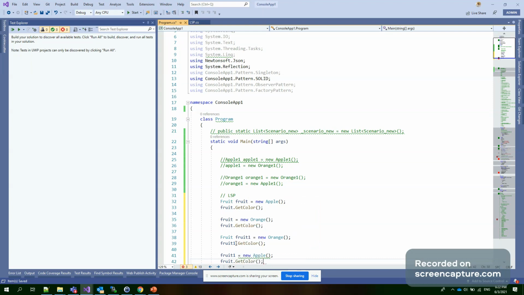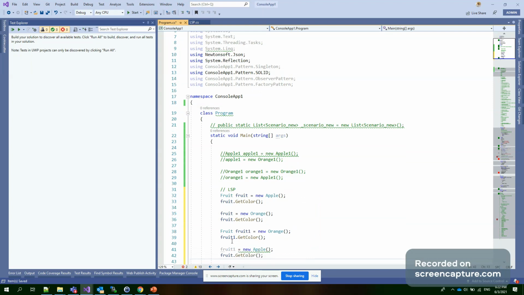You can see we can use the same object reference or instance and reassign it based on our requirement. This is the best example for LSP, the Liskov Substitution Principle.